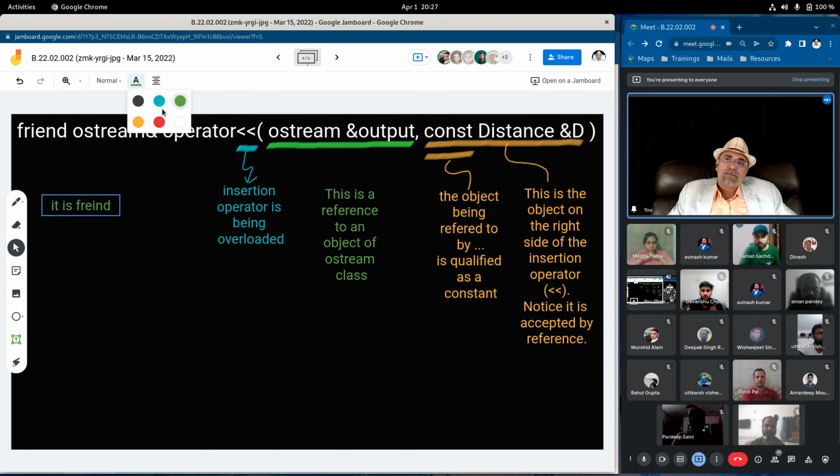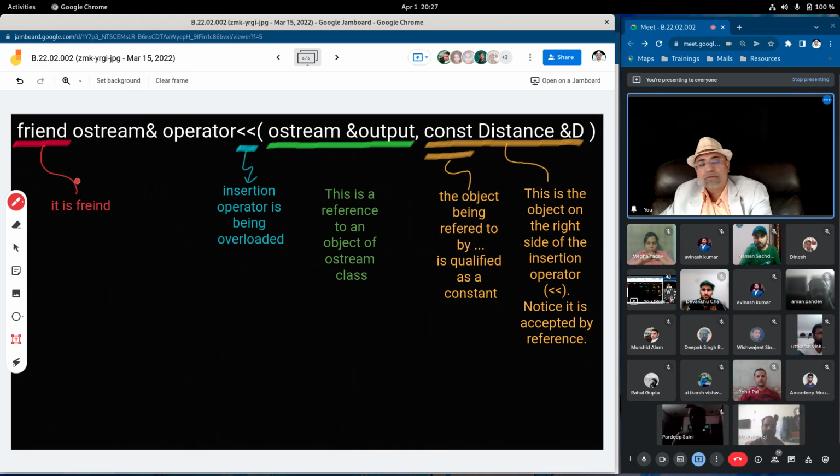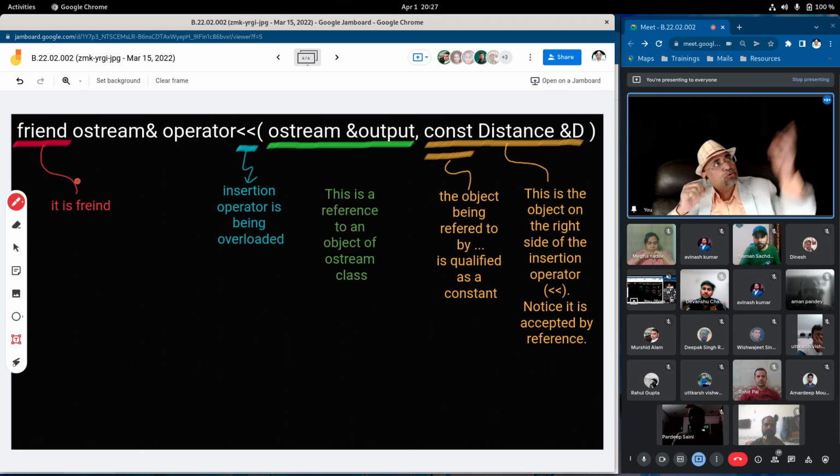Friend means, I told you about friend functions in the beginning, during constructors. You remember? We spent a full class on that. A friend function is a function which doesn't belong to any class. A friend function is a function which is available in two or more classes. It can access the private and public members of one class, and also the private and public member functions of another class.